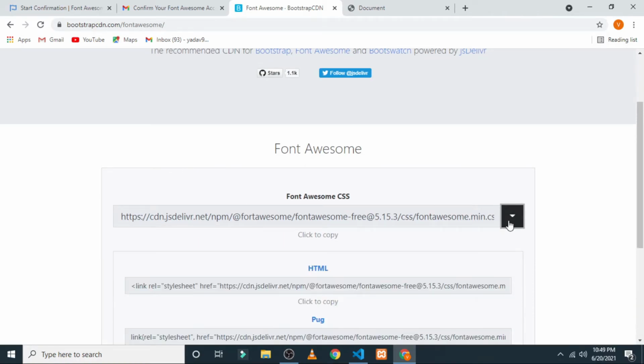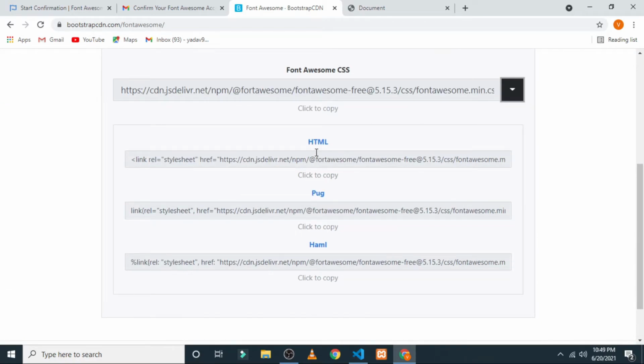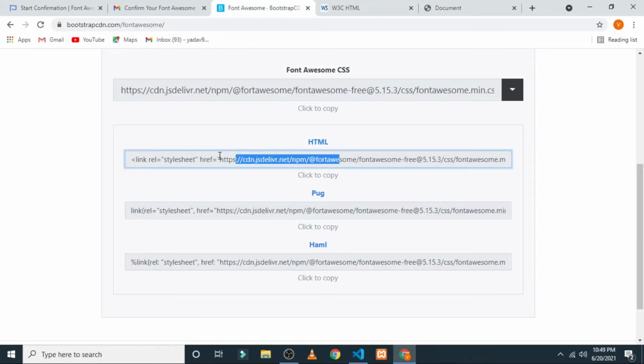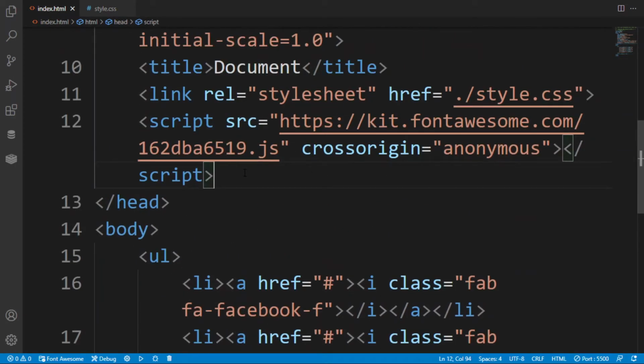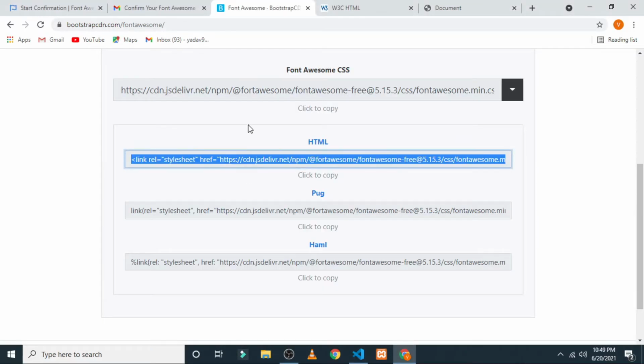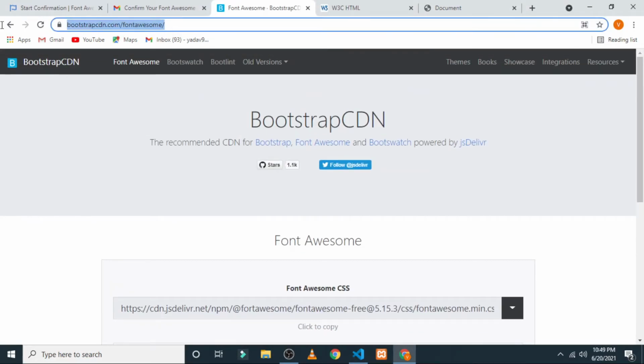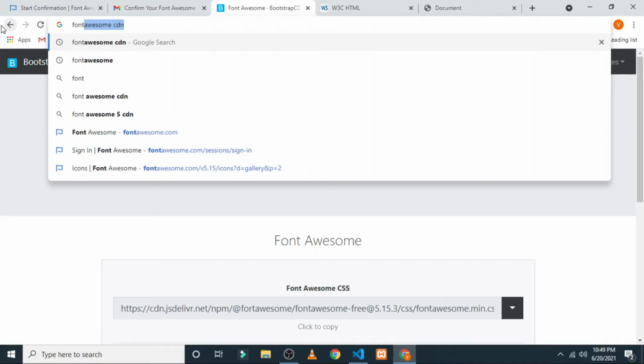That is the first one, and drop it down. Now this has the plugins of HTML. So copy this CSS link and paste it in the head section, and this work is also done by this.